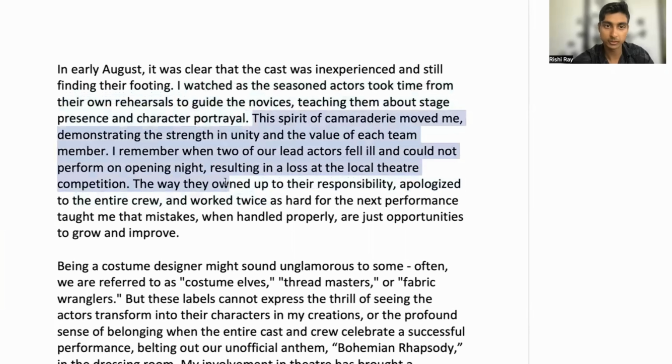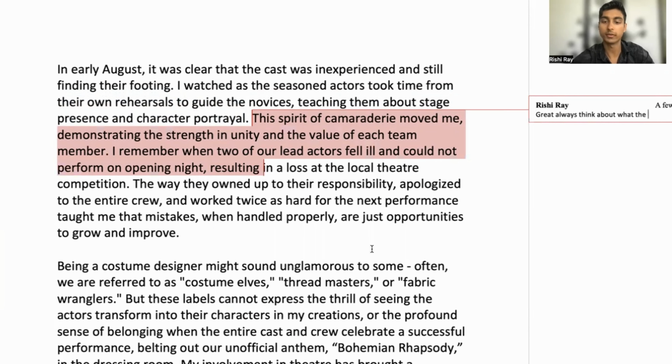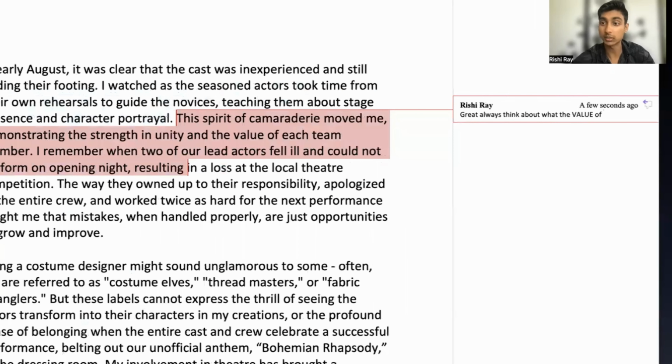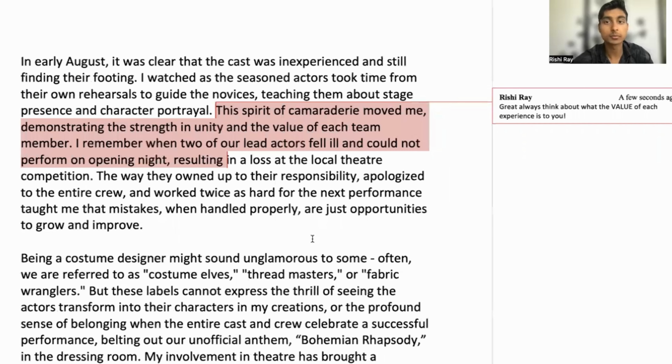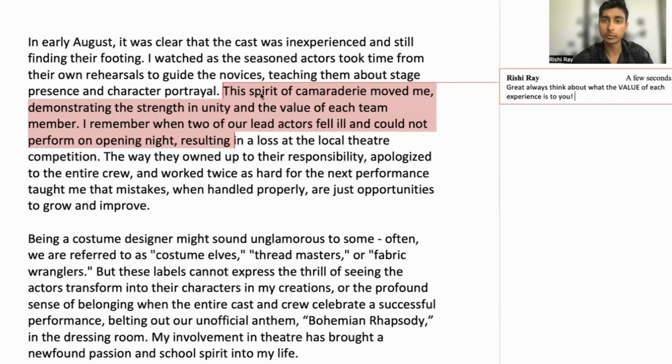So let's remember to include that. Here we go. Great. Always think about the value of each experience. Perfect. But when we approach this, right, we want to show it,